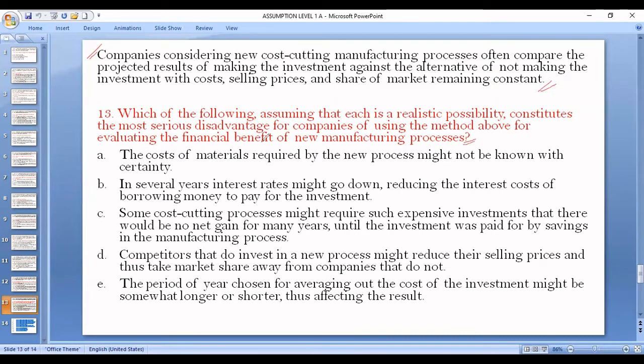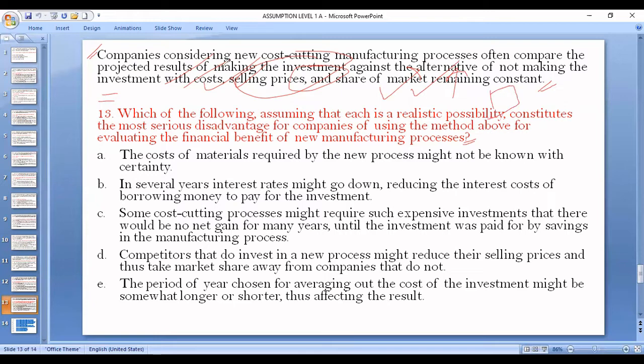All right. So what it wants to say is, what is the disadvantage of using this method? Somewhere we have to find a piece of information that goes against the argument, especially the use of this method. If companies are considering a cost-cutting manufacturing process, it gets a disadvantage instead of an advantage. So we are going to somehow weaken the passage. Let's go through the options one by one. But before we go ahead, what should the approach be? The approach is to make notes.